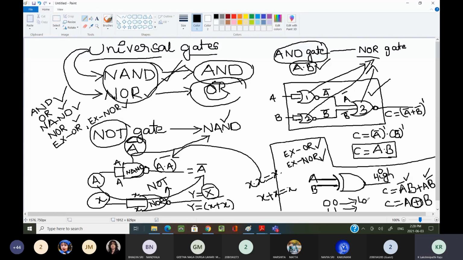Now how can we understand this? Simply, it is used to find out the even number of ones or even number of zeros. Sorry, actually we are using this for odd number of ones, because if only one is there, then the output is high. This circuit we use to find odd number of ones in the given input combination. If an odd number of ones is there, the output is high. With an even number of ones or even number of zeros, the output is low.